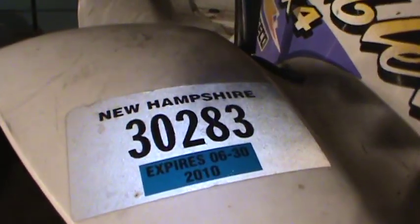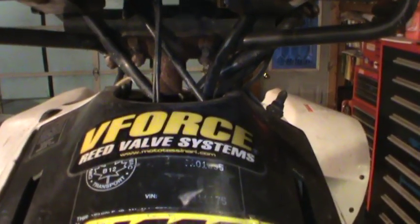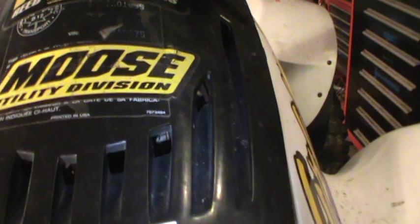He didn't give me too much history on it, just said it was his. The registration sticker for New Hampshire was from this past year, so it was being ridden last year. And the thing has a bunch of stickers on it. You gotta read it. It's got different kinds of reed valves and Moose this, and